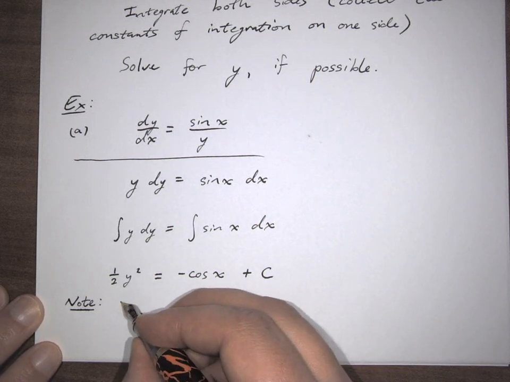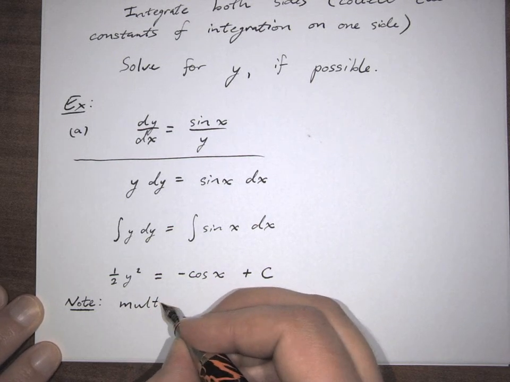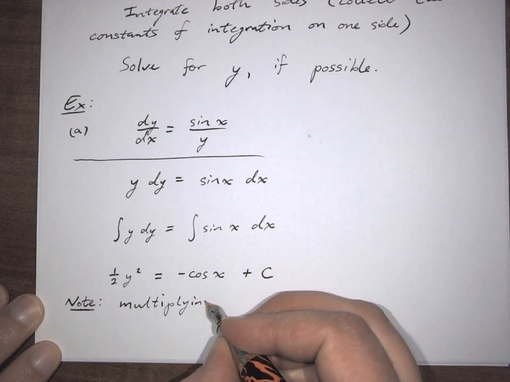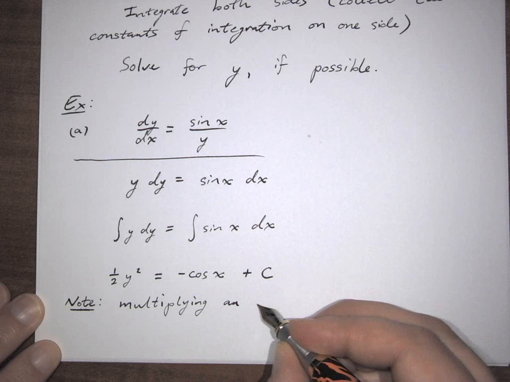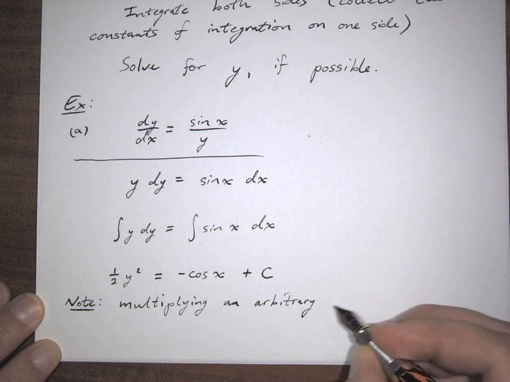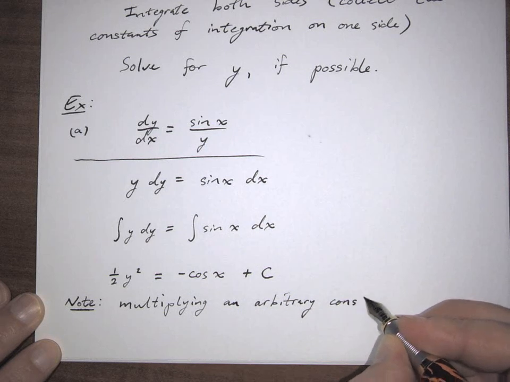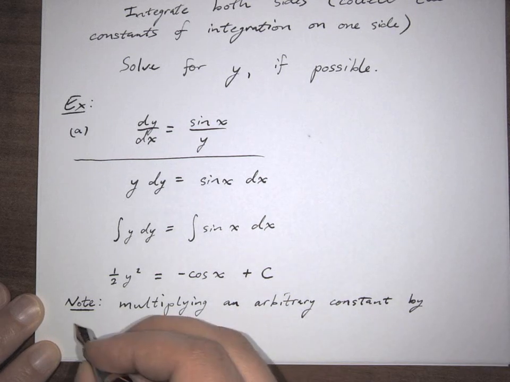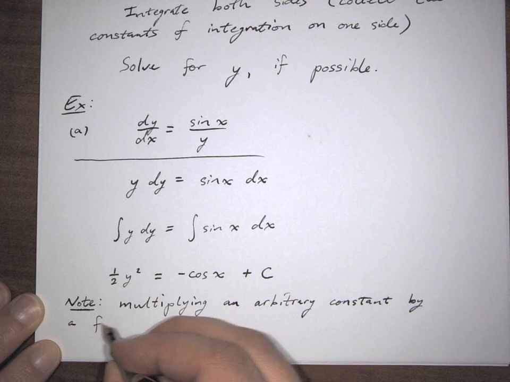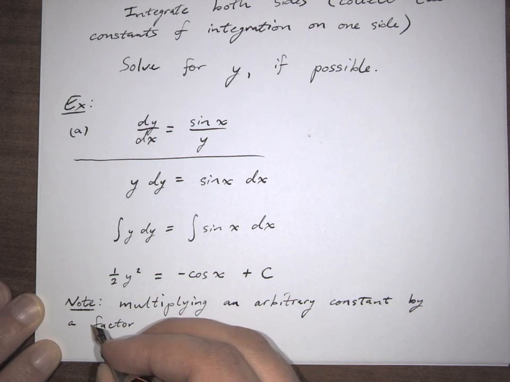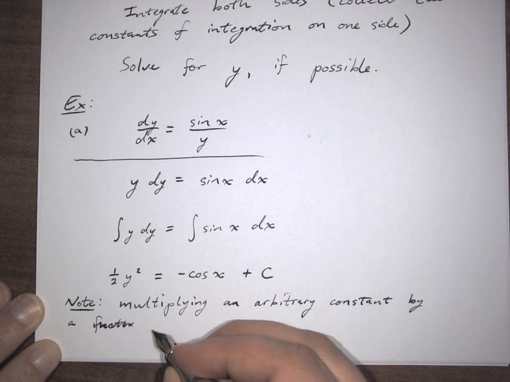So note: multiplying an arbitrary constant by a factor, I should say by a constant factor,